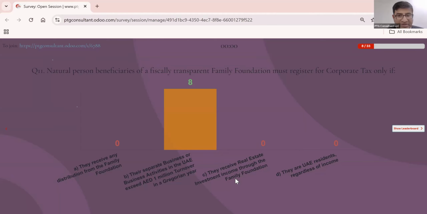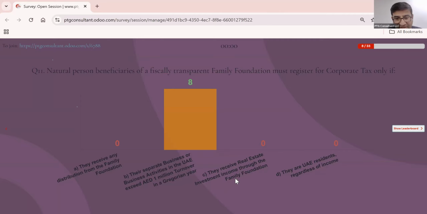That's pretty much fine. I would like to highlight here that the FTA gave a workshop on real estate investment. They gave a comprehensive 8 or 10 examples differentiating where it becomes taxable and where it does not. Now we are discussing the family foundation, but we still need that understanding. If we know whether the real estate activity we do as a natural person is subject to tax or not, then of course we can go ahead with family foundation